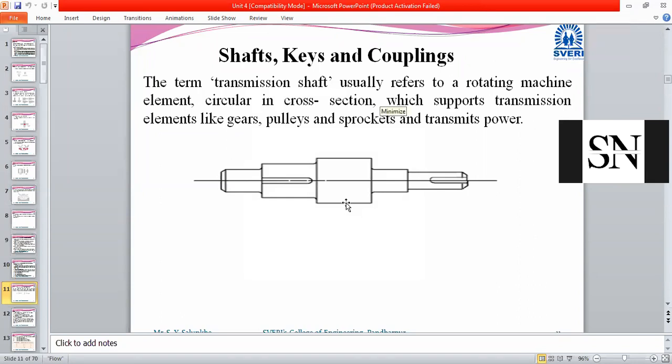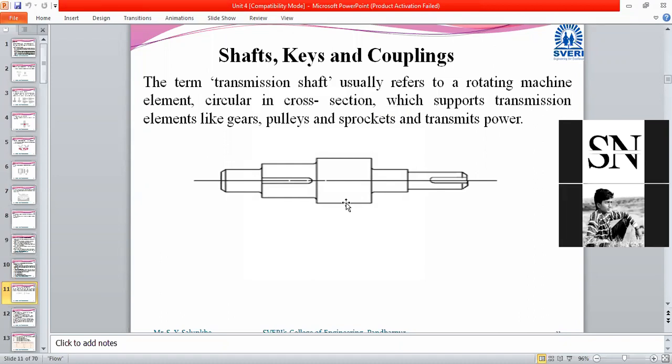Rajkumar, will you unmute yourself? Yes, sir. Yeah, please. Can you just modify your definition? Rajkumar. Okay, you can read on this slide.